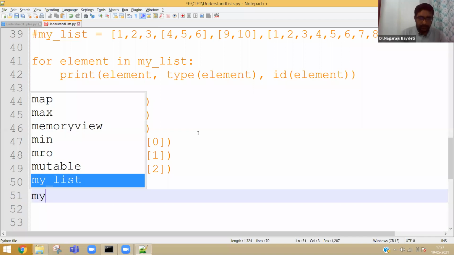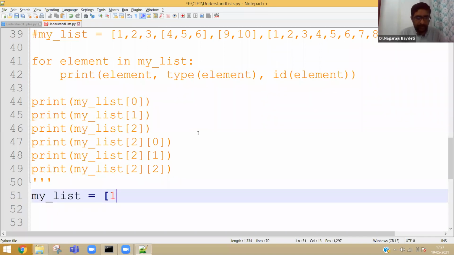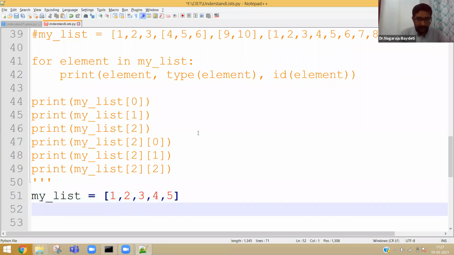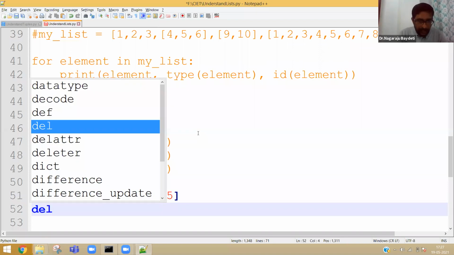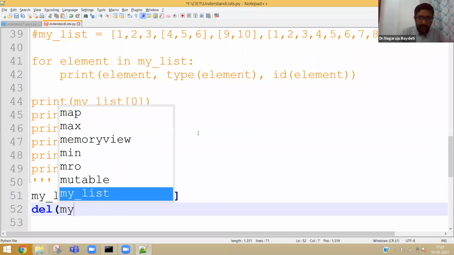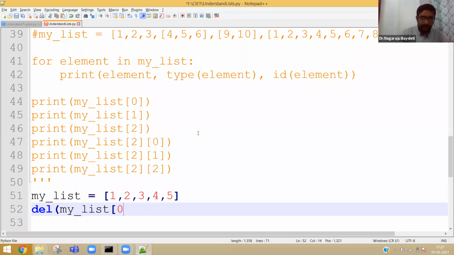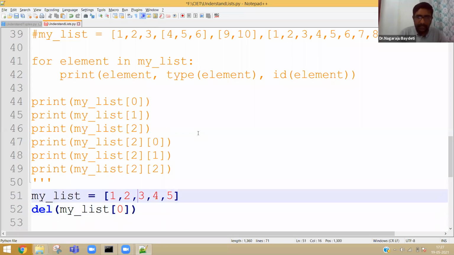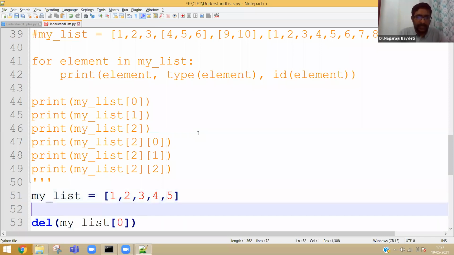My list is equal to, in square brackets, 1, 2, 3, 4, 5. I can say delete my list of 0. Delete is a keyword by default. When you call it, it deletes an individual item, or if you give my list, it will delete the entire object. Delete basically deletes the object.